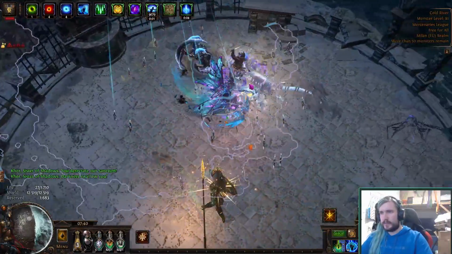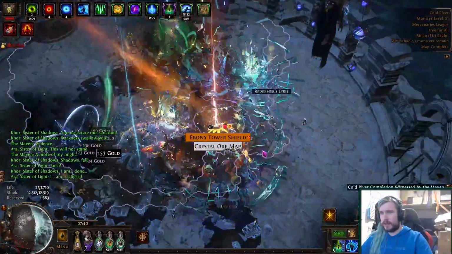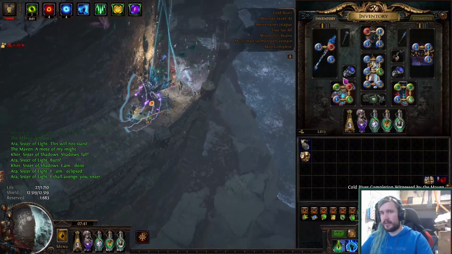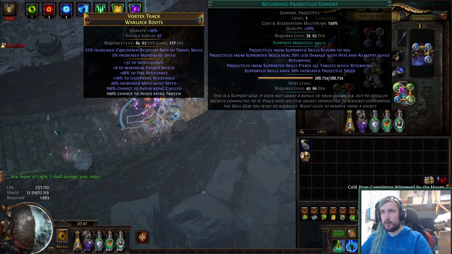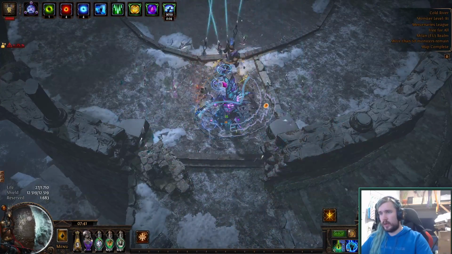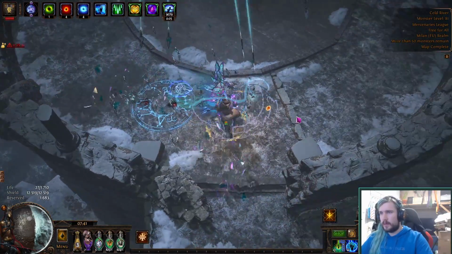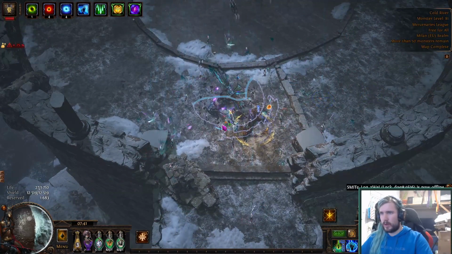When you have enemies around or bosses, you just walk around them and activate your Blade Blast, and that will detonate the bosses. And then on bigger bosses, what you can do is use the Arcanist brand. Arcanist brand here is linked with Ethereal Knives of Lingering Blades, greater multiple projectiles and returning projectiles. This means that the brand will shoot out projectiles, and these projectiles will return to your location. This means no matter where they are triggered, they always return to you and land in a fairly small